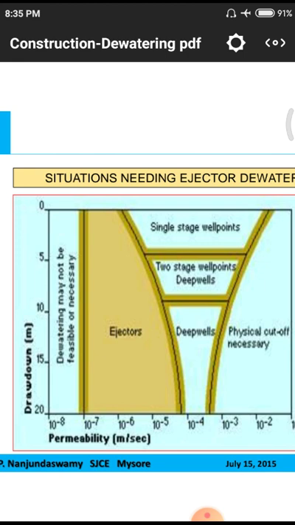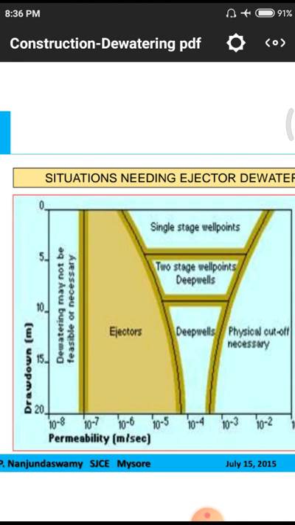There may be no distance from the ground surface, which means automatically we will consider it as 0. After that, we have 5, 10, 15 and 20. Those are the depths in terms of meters. On the right hand side, that means on the y-axis, they are representing drawdown, in terms of meters.